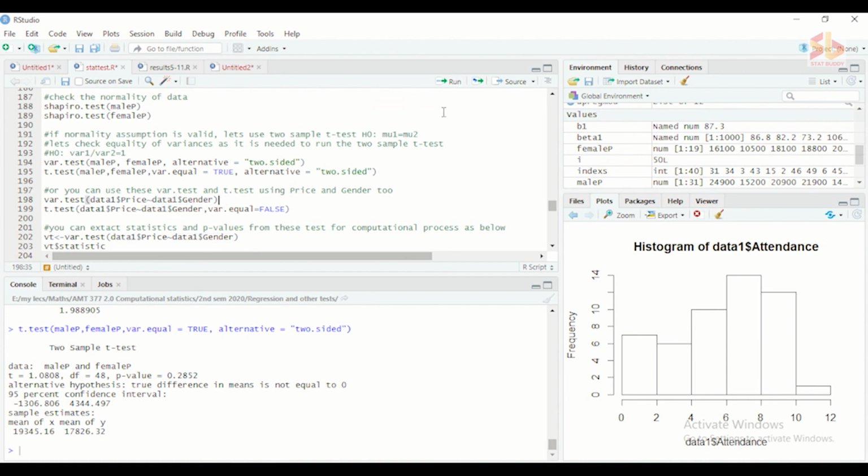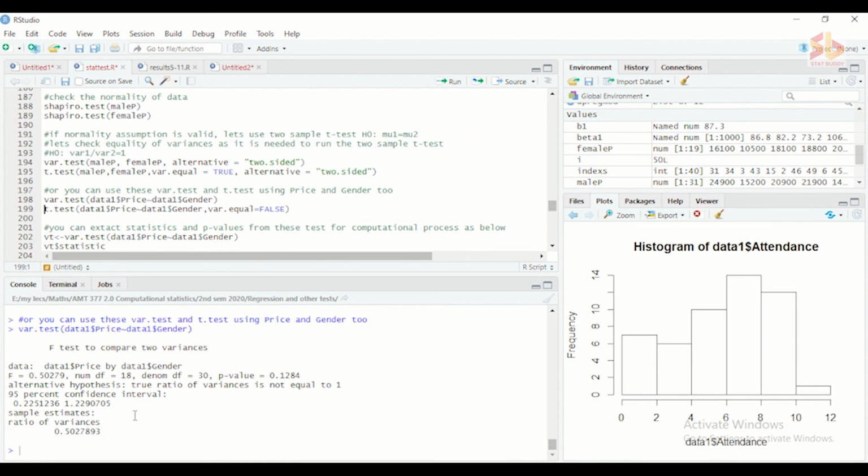So this test directly performs the test we performed here. It's also the same output. The way we input the command was different, and equal variance is true now.